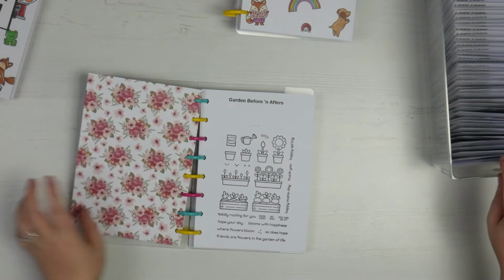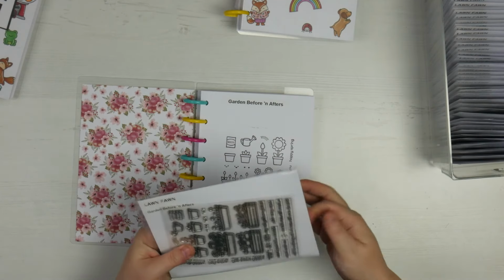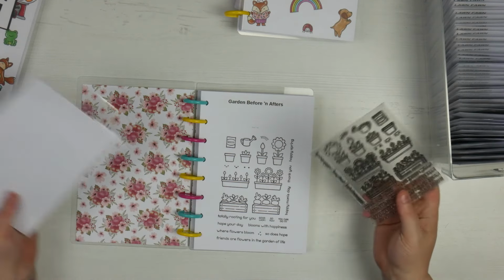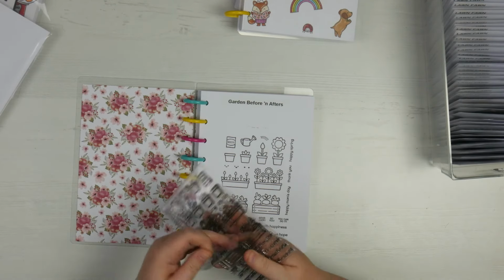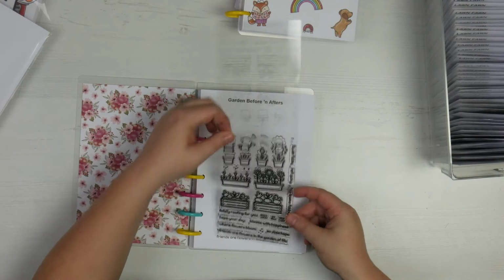All I did, so you can see here from the before and afters, I put it in backwards. Goodness me, what a bad example. I didn't take any of these off. The thing that would take ages is if you took every single stamp set off. But as you can see, I've just stuck it like that. And all I did